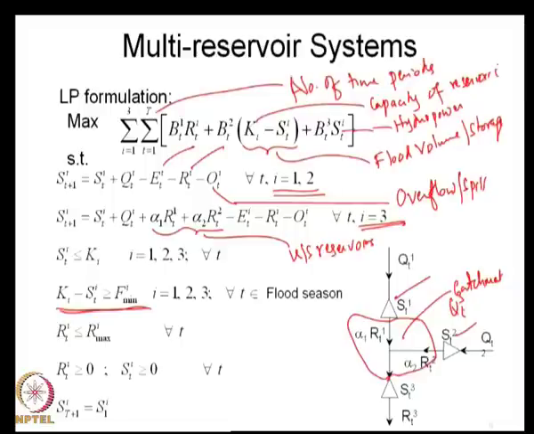So, this becomes the flood freeboard. We would like to maintain this above a certain limit, which means that we specify a minimum flood freeboard to be provided, and then say that in each of these time periods, this term here must be greater than the minimum flood freeboard. For all the reservoirs i is equal to 1 to 3, we say for all t belonging to the flood season.